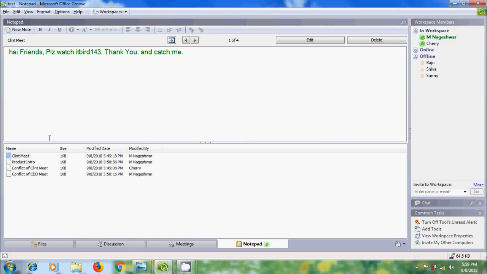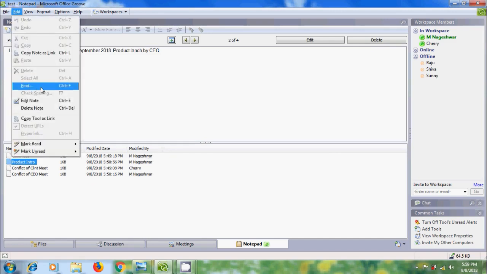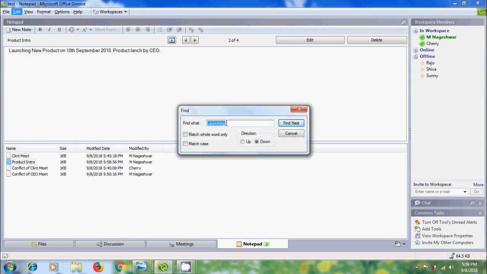If you want to search for a text in a note page, select the page in which we want to search for text. Come to Edit menu and select to find. We can also use Ctrl+F shortcut key. In the Find dialog box, enter the text you want to search for in the note page,